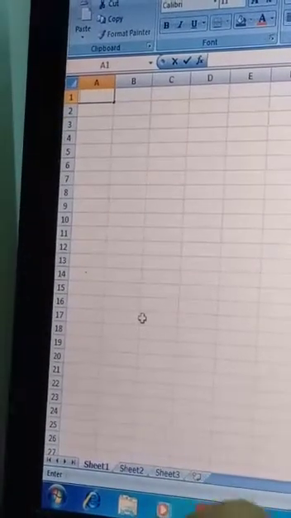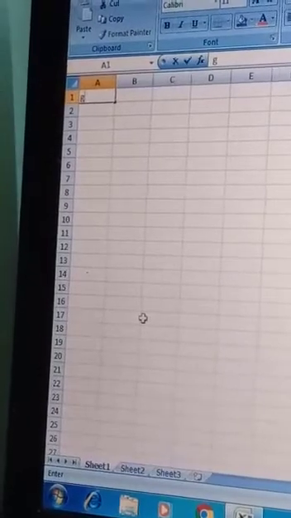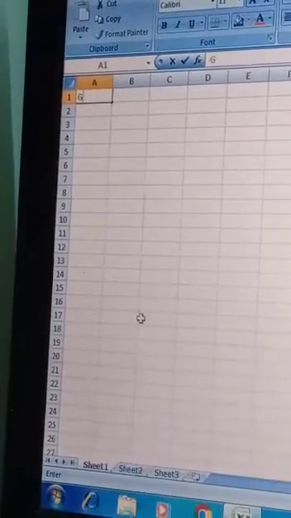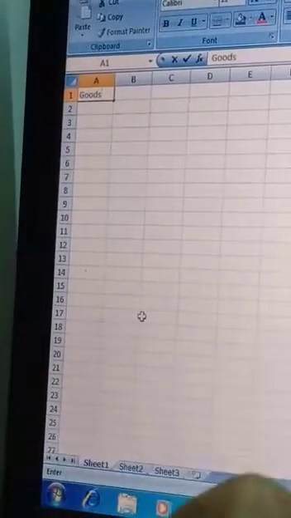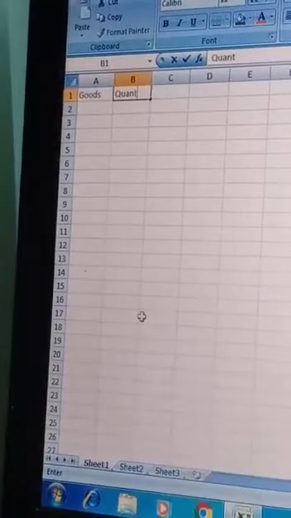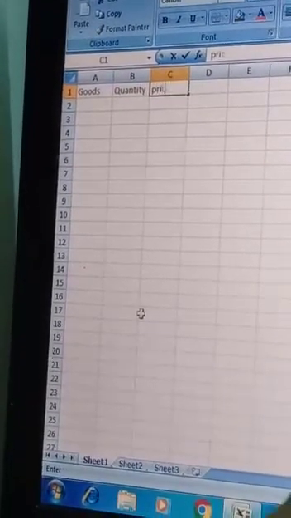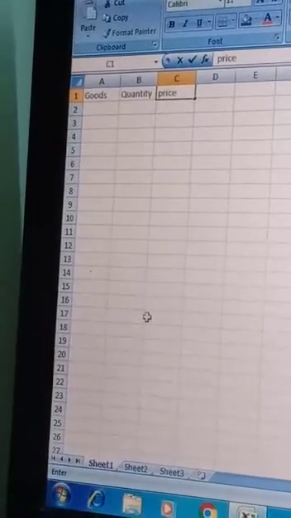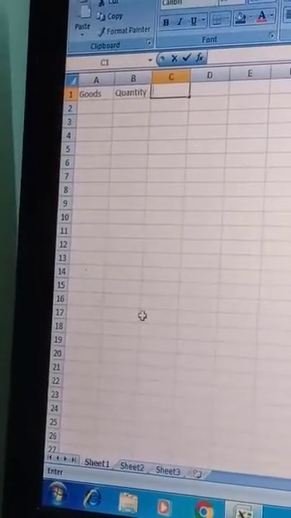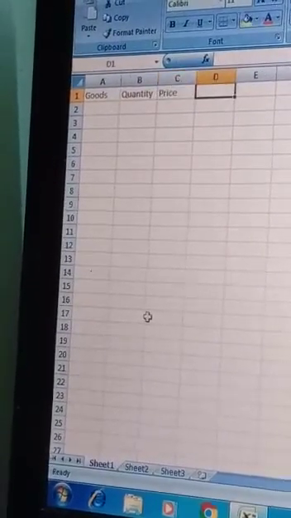Just first of all take the goods, quantity, price, total amount.